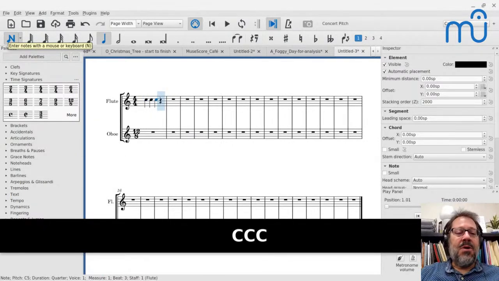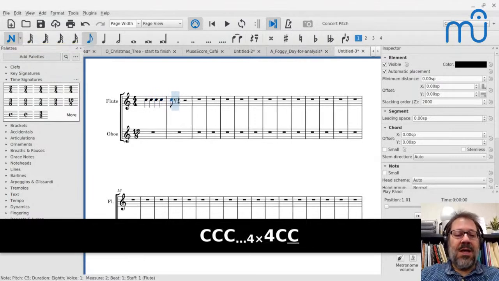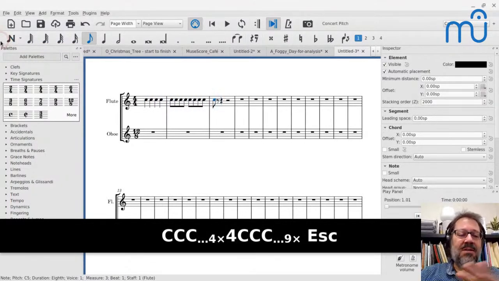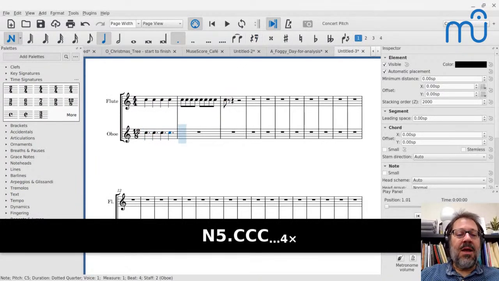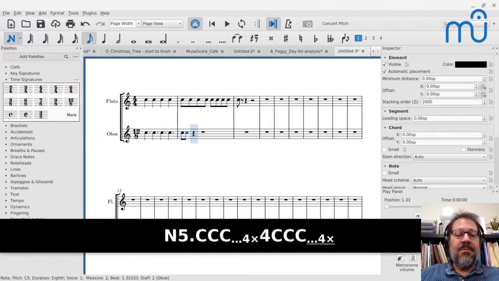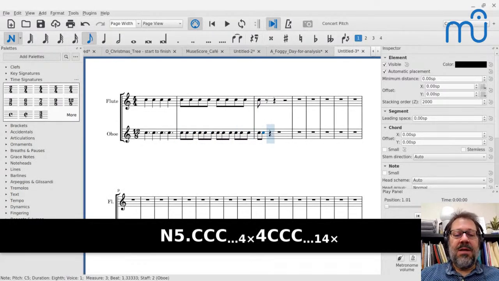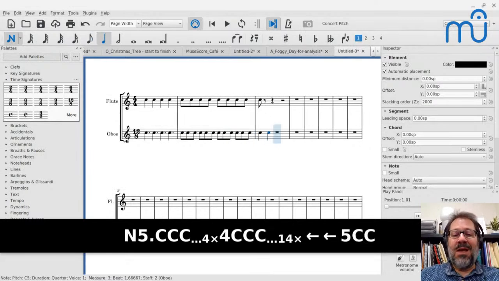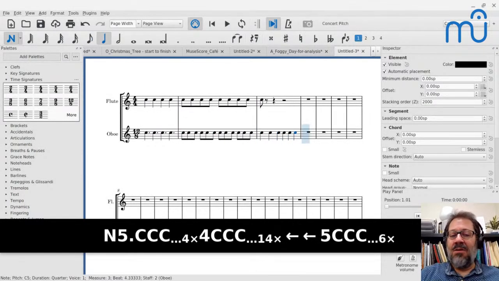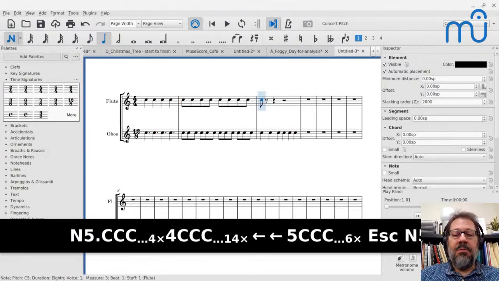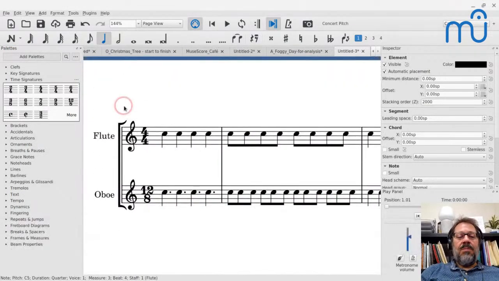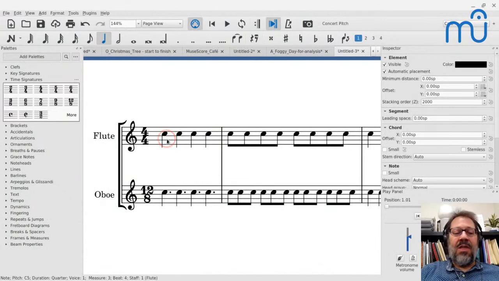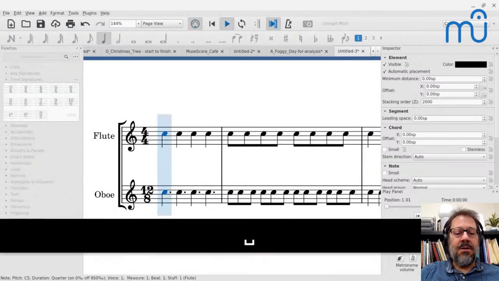So now I'm in step time mode, 4 quarter notes. Let's enter 8 eighth notes. So you can see that's what 4/4 looks like. If I come to the oboe staff and enter 4 dotted quarters, they're all going to line up. And now if I enter eighth notes, they're going to be in groups of 3. If I do try to enter quarter notes, I'm going to get, I guess, 6 of them, which isn't correct notation in 12/8, but I'll put that against the 4 here. So it lets you do this and calculates all the spacing relatively correctly, so that yes, if I play this, you're going to hear,